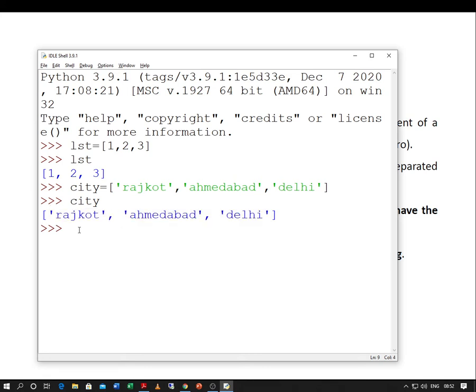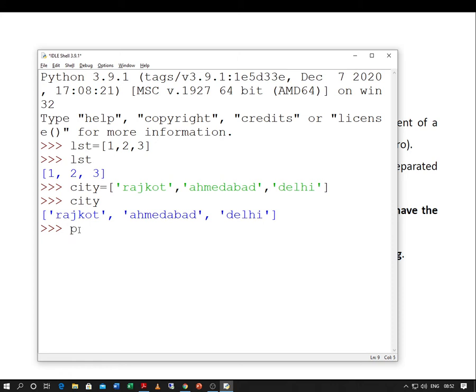Up till now we have seen this is something similar to an array, but now we are going to see something different. Just try to recollect the data structures that you have studied in C. You can have elements of different data types in a structure, and in the same way the list can.